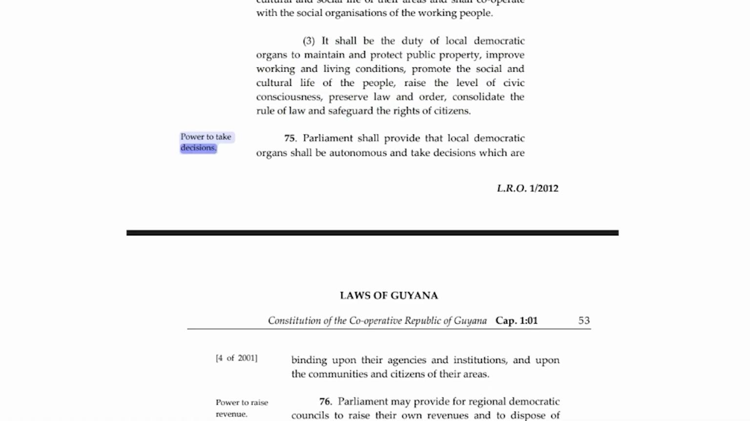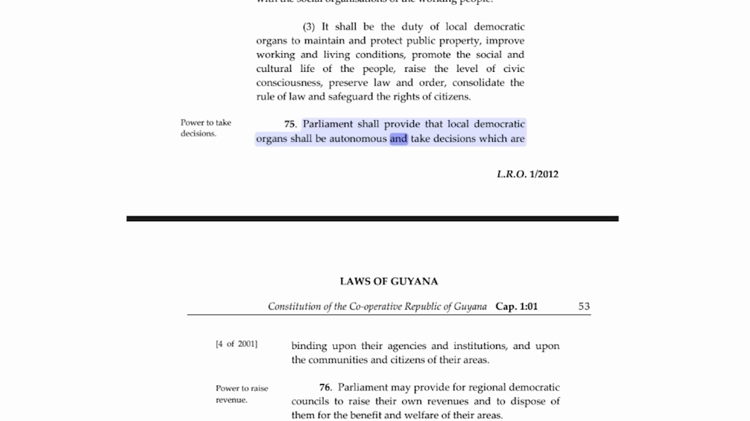Power to take decisions. 75. Parliament shall provide that local democratic organs shall be autonomous and take decisions which are